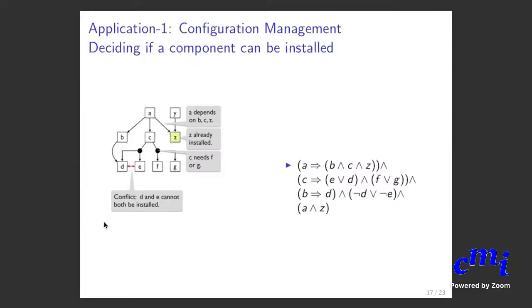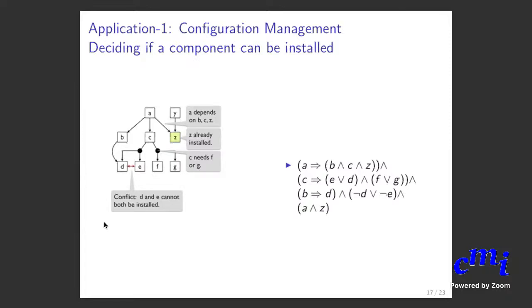And this dark circle here means in order to install C, you need, this is an and, this is an or. You need either of them. And you can't, maybe because of some size constraints or something, there's a constraint that there is some conflict between them, and you can't install both of them simultaneously, okay? And the question is, so with these constraints,